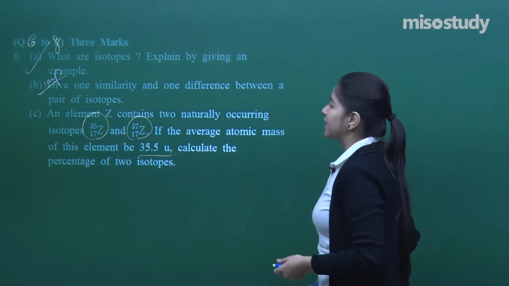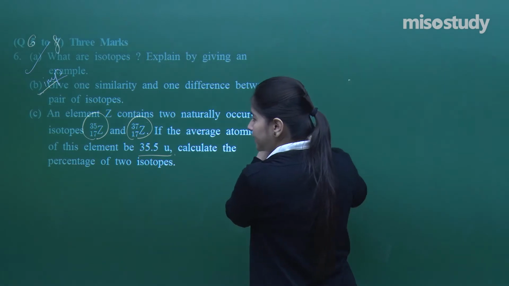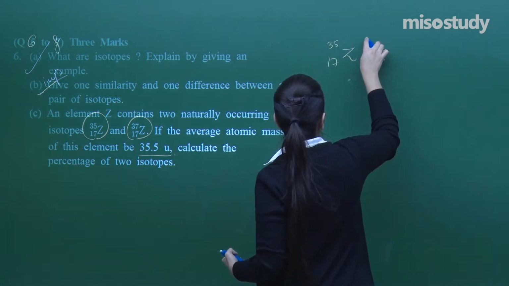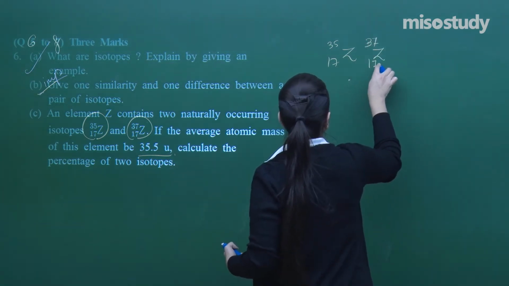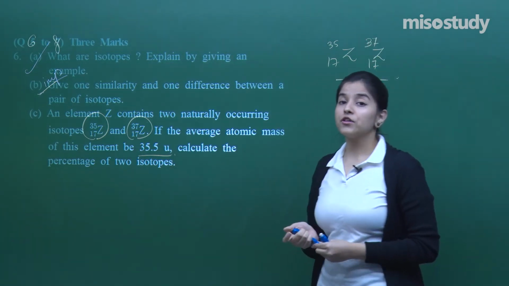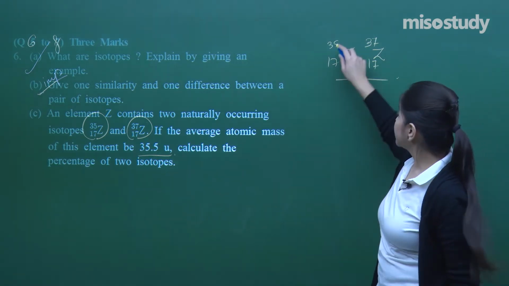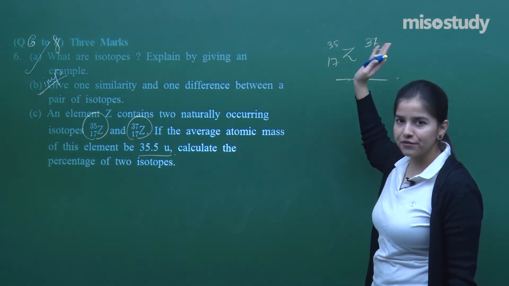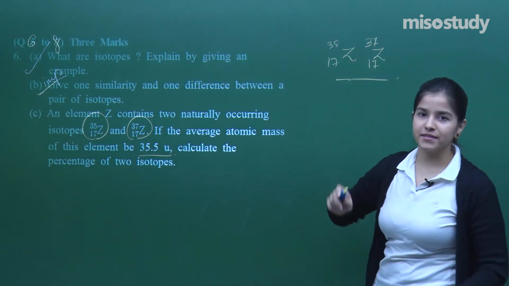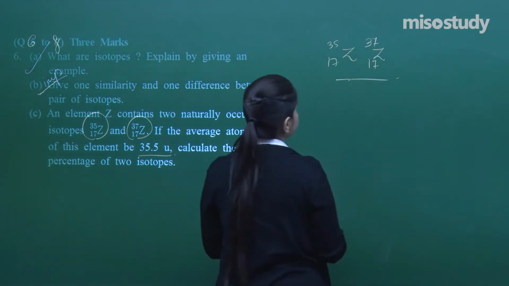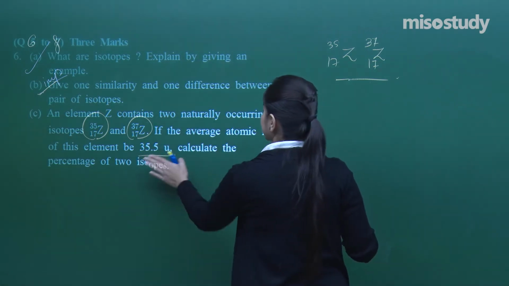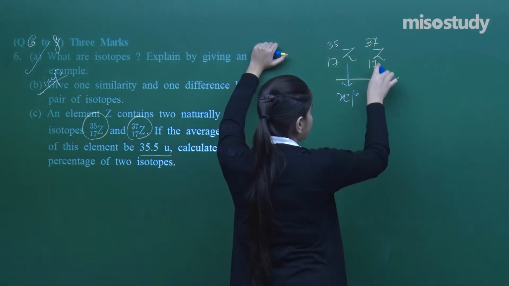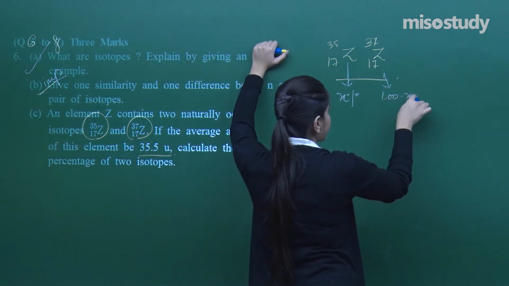So what they are actually trying to say over here is, these are the isotopes given, and you know why the average atomic mass occurs? The average atomic mass occurs because of the different masses of the different isotopes present, and the different isotopes are present in different abundances. That means different percentages. Fine. So I need to actually calculate the percentage of the two isotopes in my sample. So I let one percentage be X%, another be 100 minus X. Okay.